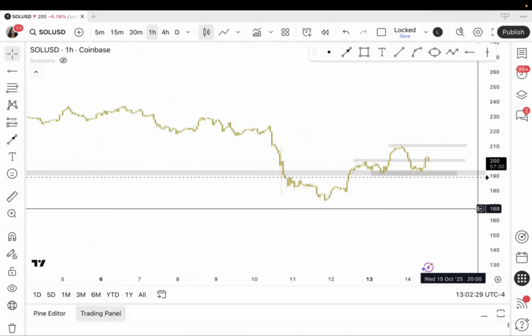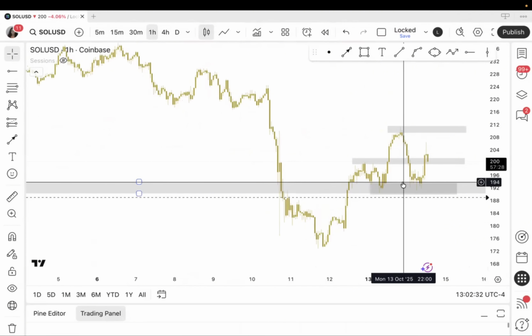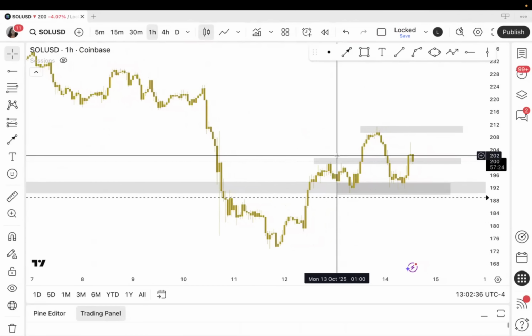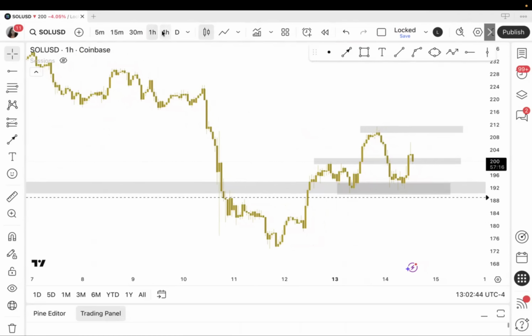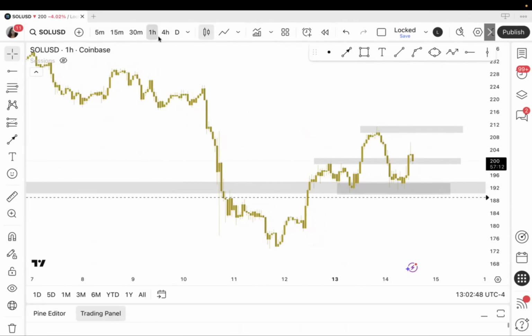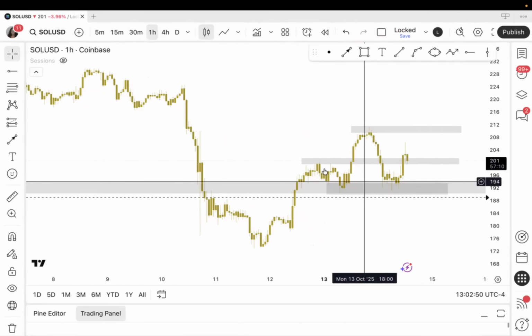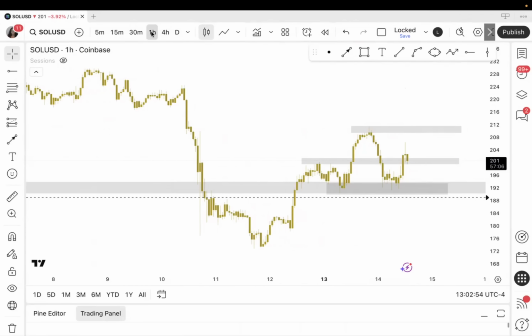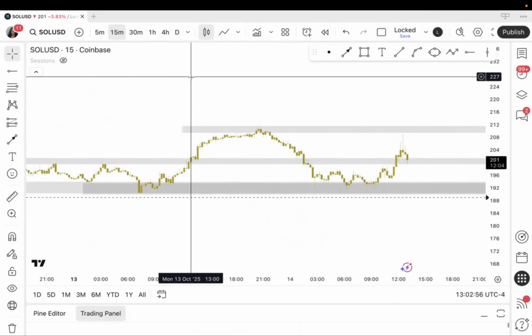But just for you to overall get a perspective, if you ever have a trade where it's contradicting itself on the higher time frames, sometimes the 1 hour can build into that 4 hour. So the 4 hour might look bearish right now, but the 1 hour is building that up. So what you would want to see is price have some rejections to the downside and start building higher highs and higher lows. So then from the 1 hour, we could go to the 15-minute time frame,